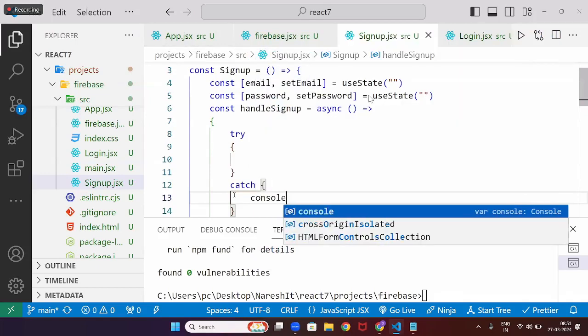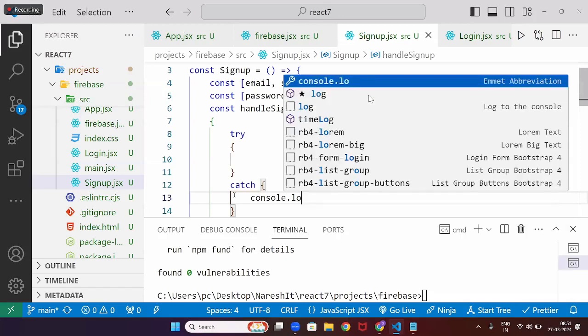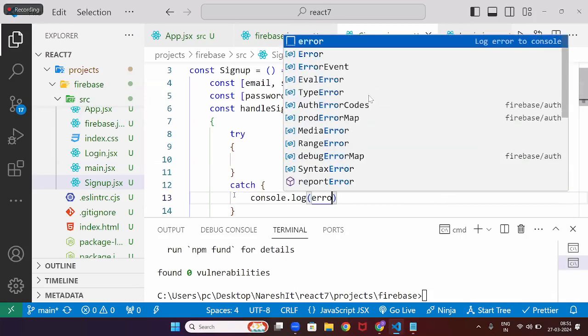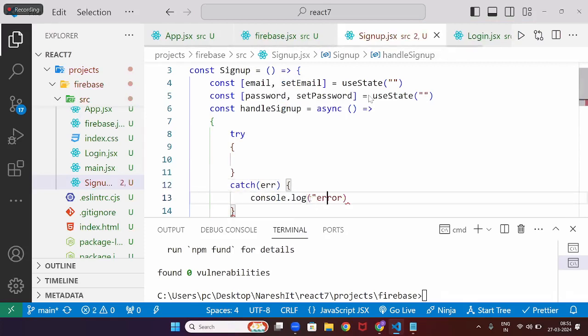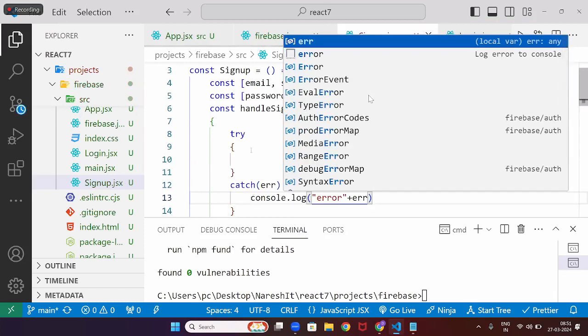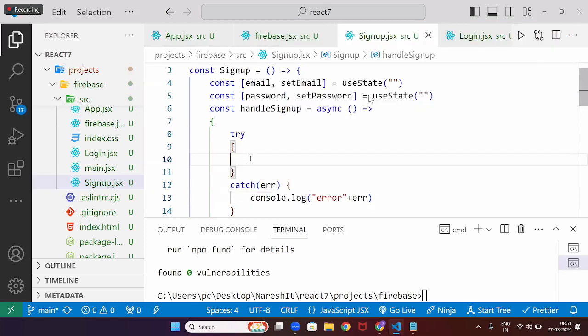Console.log, catch the error, console.log error plus error. Now in the try, sir, you don't need to do anything. Very simple. All you need to do is